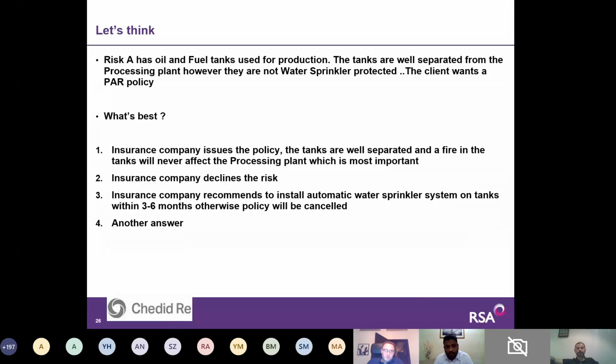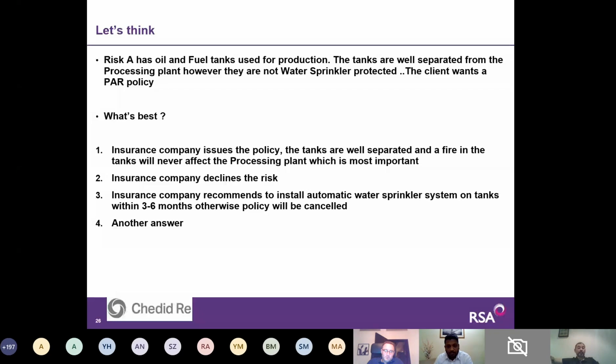We'll issue the policy. The tanks are well separated. The fire will never catch the processing plant. The processing plant is the most important. When a fire happens in the fuel plant, we can easily call our supplier and get us some fuel. Khalas, we lost our fuel, we need some more fuel. So the insurance company doesn't want to lose the 4 or 5 million Saudi riyals premium,